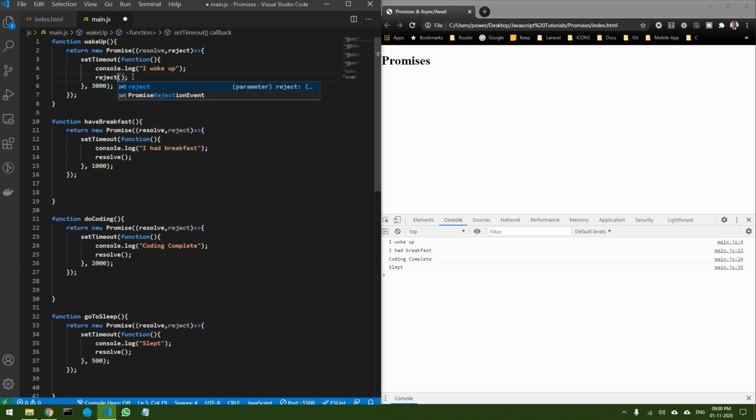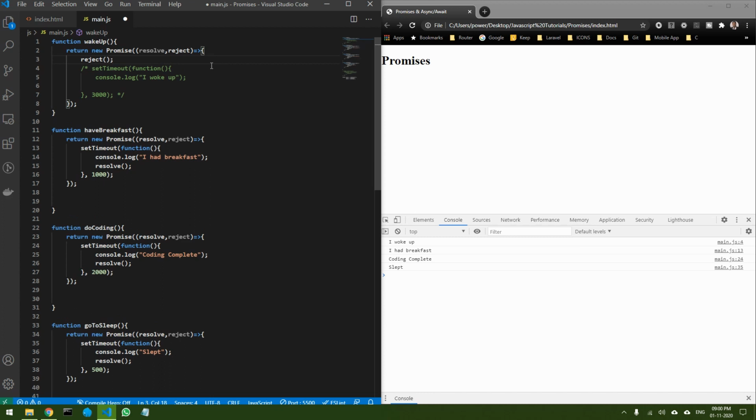So I'm calling the reject function. Because this entire timeout feature is not executed, let me just comment this out. So this is not going to run, and there was some error and this particular promise got rejected. Let's assume it like that. So this promise rejected, and I called this function, and now let's see how we can handle it. Let me save it,